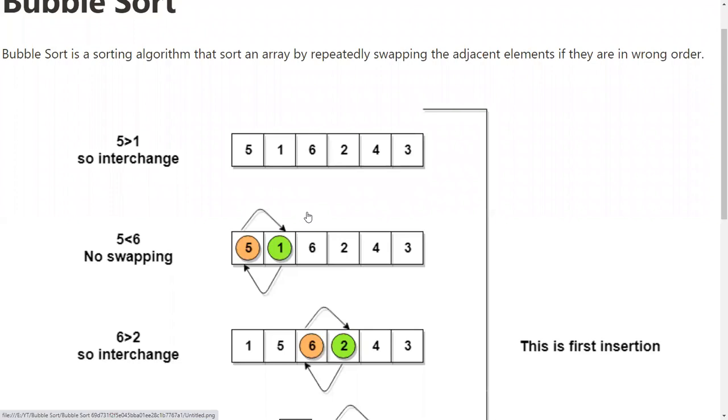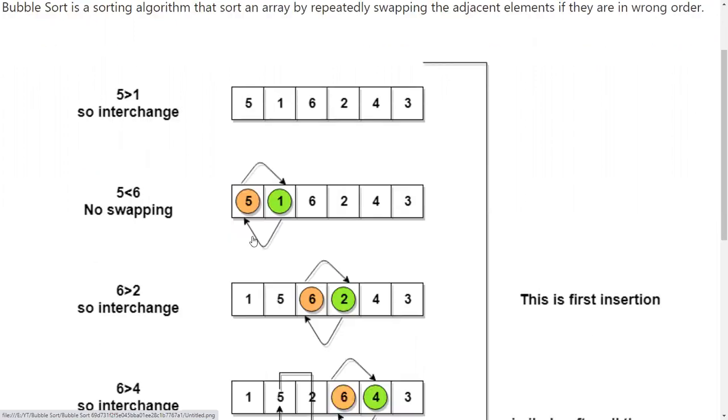So what it does is it first checks whether the adjacent element of an element is lesser than it. If we are sorting in the descending order, it will be checking that if the adjacent element of the current element is lesser than, then it will swap. So you can see that in the first step, the 1 was lesser than 5, so it swapped it with the 1, and then it compares 5 with the 6 because 5 has now come to the first index.